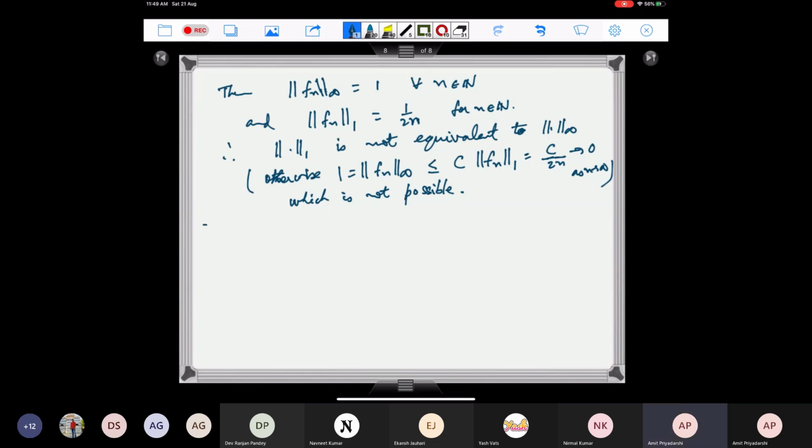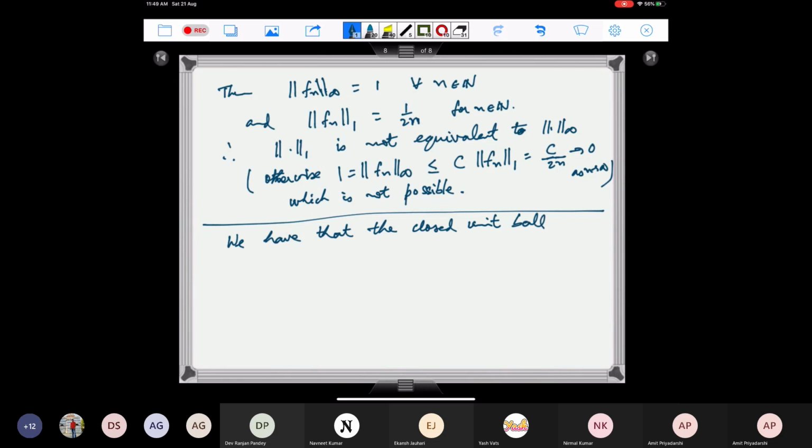Let me write this. So we have that the closed unit ball on a finite dimensional normed linear space